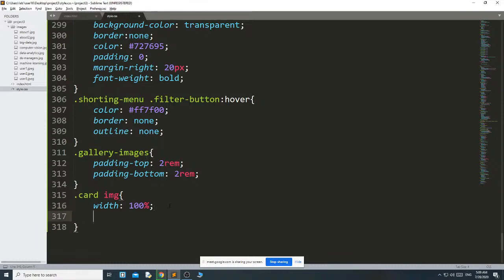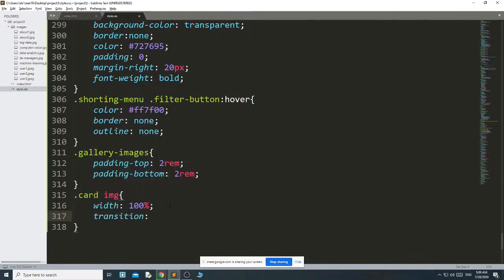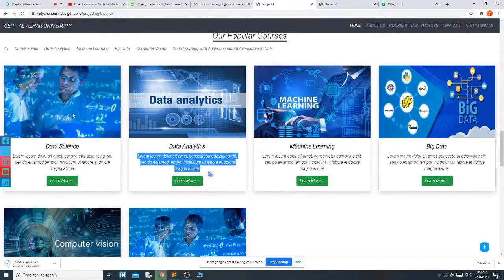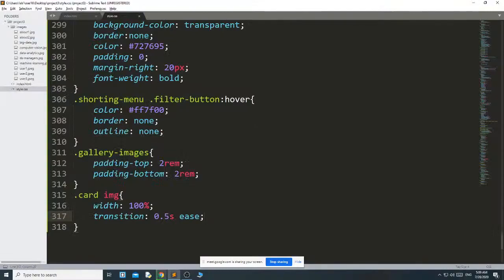What I can write is transition 0.5 second. See what transition I want, you can see that once I mouse over the image, it zooms and rotates a little bit. That transition I want. Then I have applied the transition.